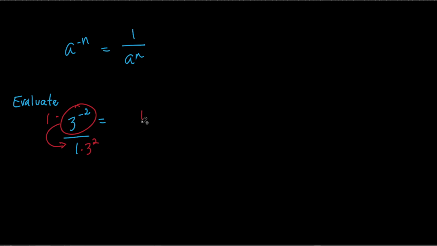So what do I have now? 1 over what? 3 to the second, or 3 squared. And I can simplify it. What's 1 over 3 squared? 1 over 9, and there I go. All